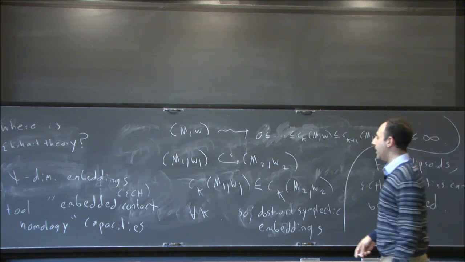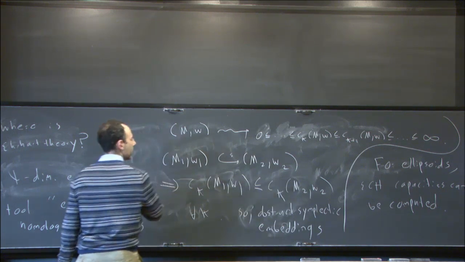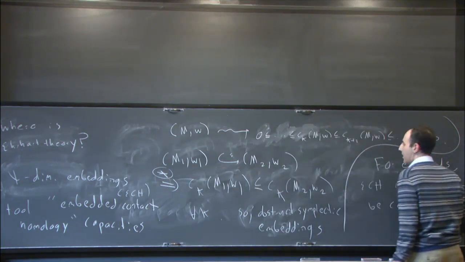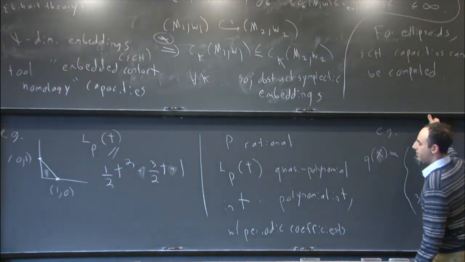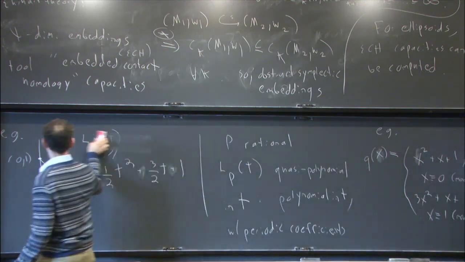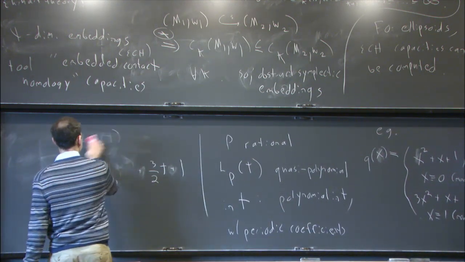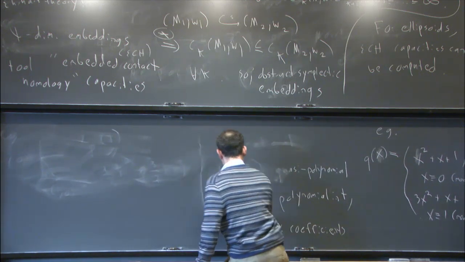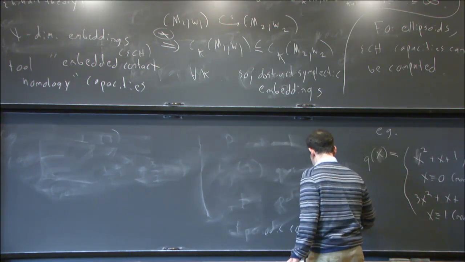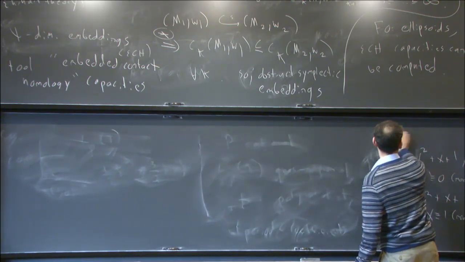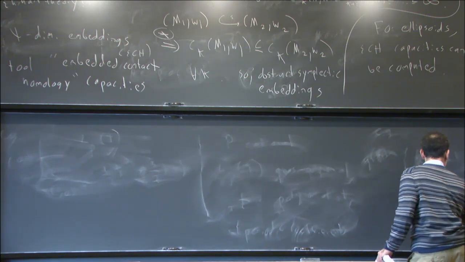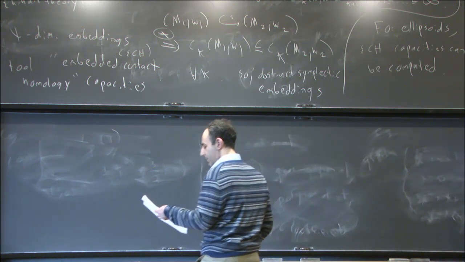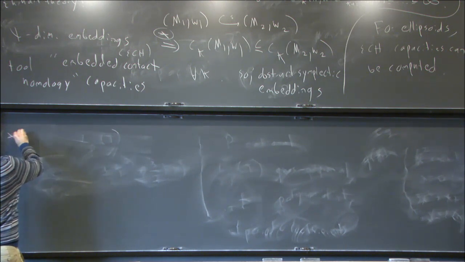I'm going to call this property star here. Okay, so this property, I'm labeling it star for future reference. And what the computation for ellipsoids gives you, so what you get is that